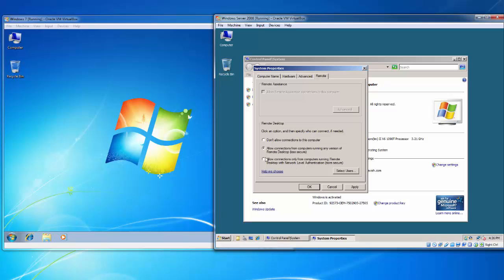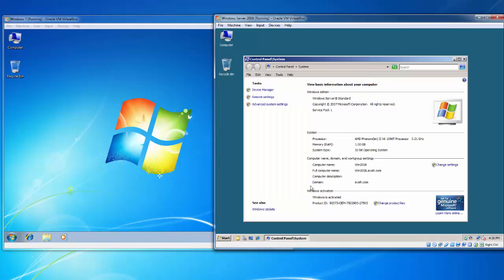In a live environment, you'll have to use this third option here, which uses the same level of authentication, which maximizes security during a remote connection. So I will just leave it as a second option, right, for now, and I set apply, right? So that's that. So that means that any other computer can access this Windows Server through remote desktop for now,